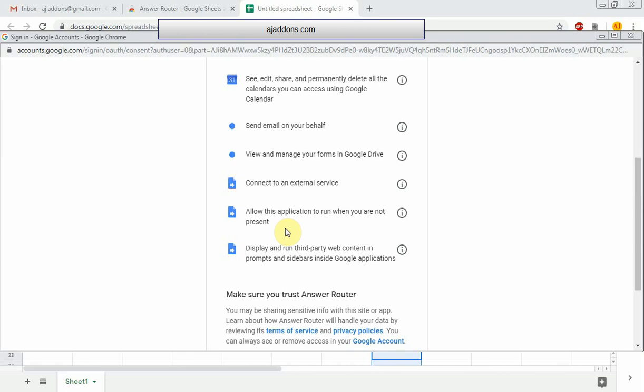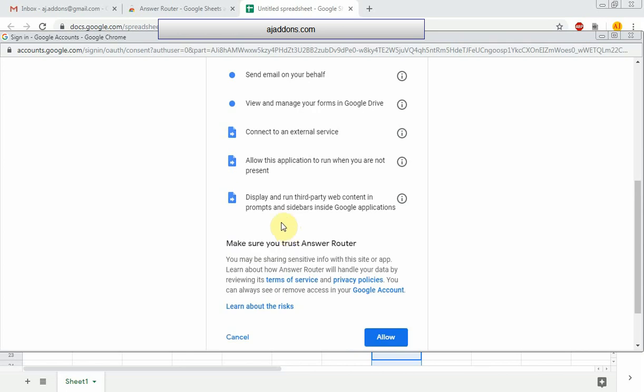You're not present. You may not have the spreadsheet open. The spreadsheet may be closed. One of your users is filling out your form, and the code in the add-on runs. That's all that means. The next permission asked for is display and run third-party web content in prompts and sidebars